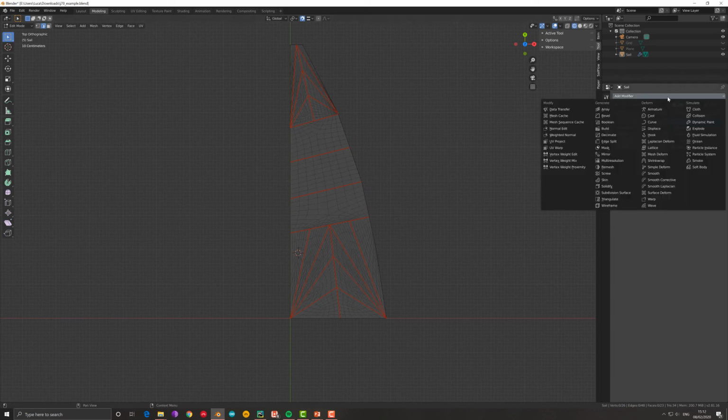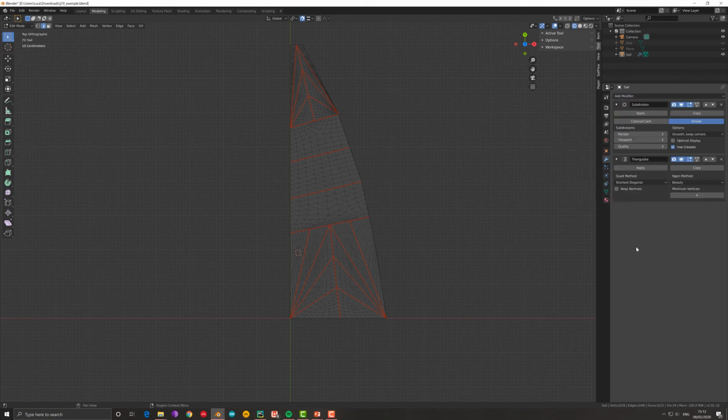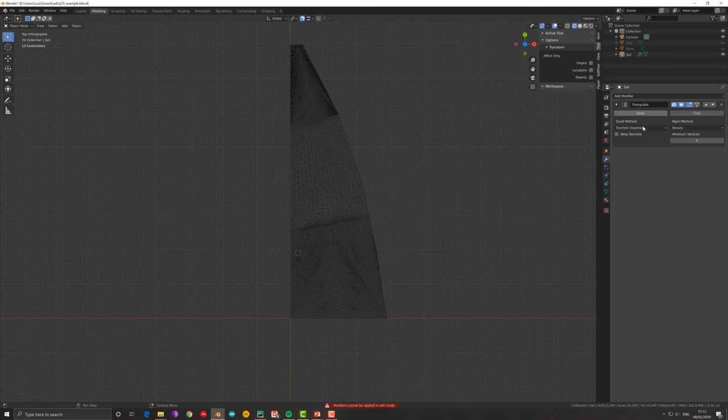Fine, let's go back to our modifiers. Remember the triangulate? I have also to add triangulate, and now I can decide to have a more or less dense mesh in the viewport. I will not bend the mast in this case because it's just a repetition of the same process you have seen before. So I'm not going to repeat that. Here I want to have a thicker mesh, and apply everything, and I go back to my SailFlow tools